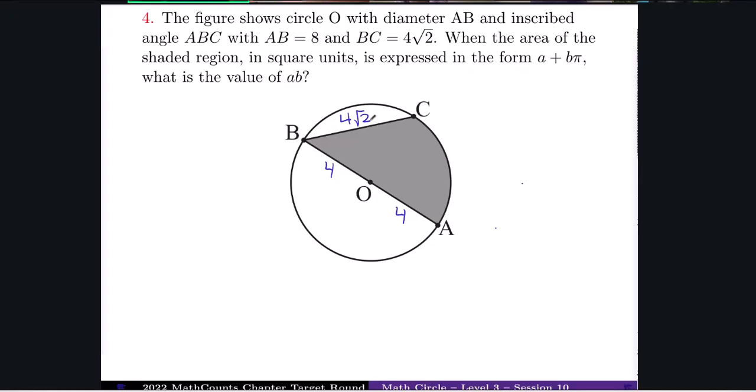And if we look at this, what we see here is, okay, this is pretty nice because if this is a radius